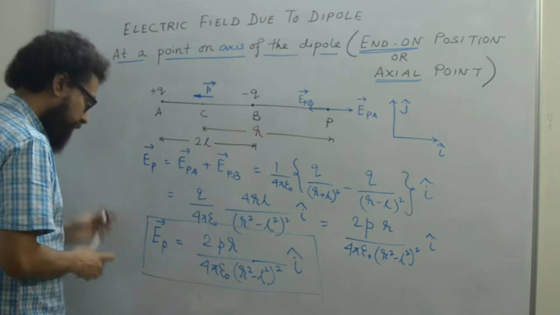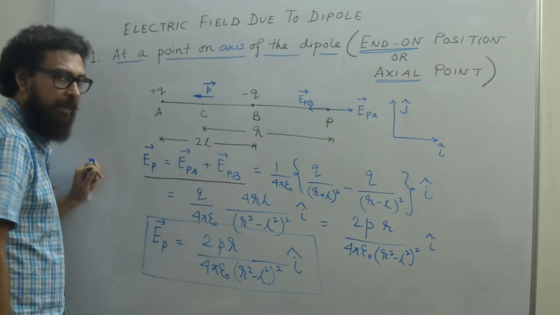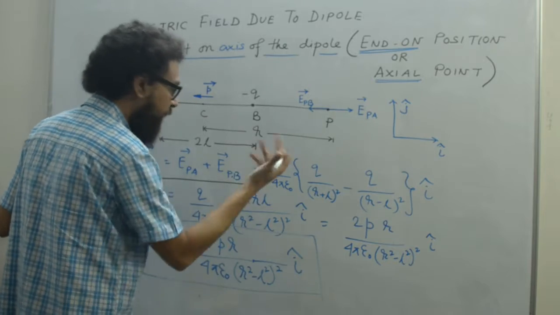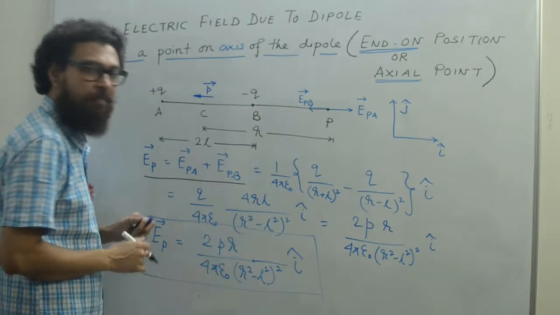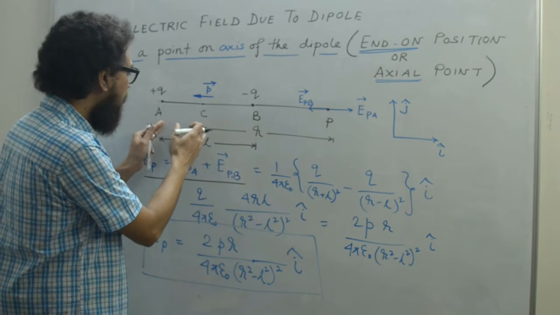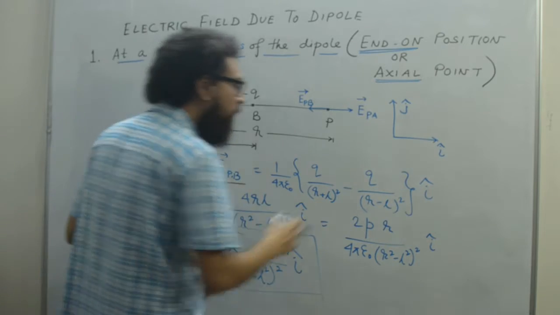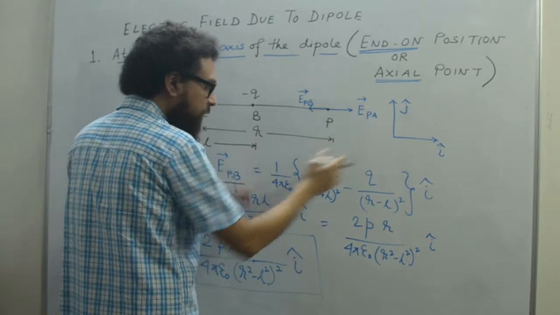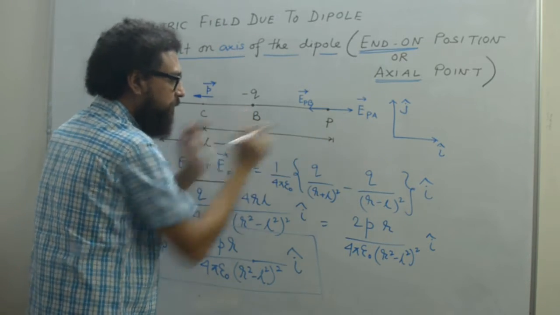Great. So now we want to calculate. Since we have already done the superposition theorem, the application is EP equals EPA plus EPB, we can go on adding. Here we have 2, so we are adding 2. So EPA is 1 by 4 pi epsilon naught Q by R plus L whole square, because this is R and this is L, R plus L whole square. And minus Q in the minus I cap direction, so minus Q by R minus L whole square. R minus L is BP.